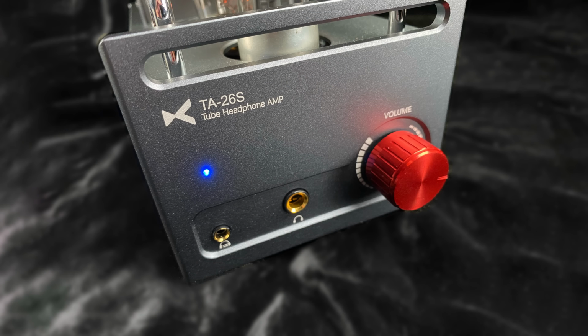I'll throw in another spec here that the power output is rated at 500 milliwatts. Not the highest I've encountered, but I took a listen on my clearly inappropriate headphones and it actually didn't sound bad. But I'm not testing in ideal conditions, so I'll move on from that. My audio demonstrations, as I said, will be into high impedance, so there'll be no problem. I'll throw in a quick mention at this point that the headphone outputs are on 1/4-inch jack and a 4.4mm